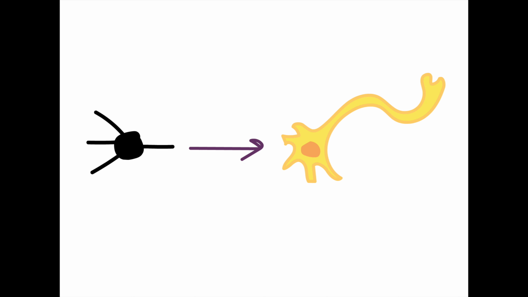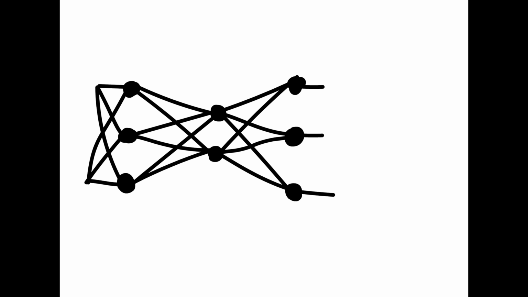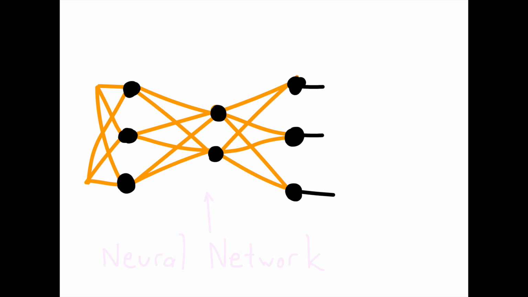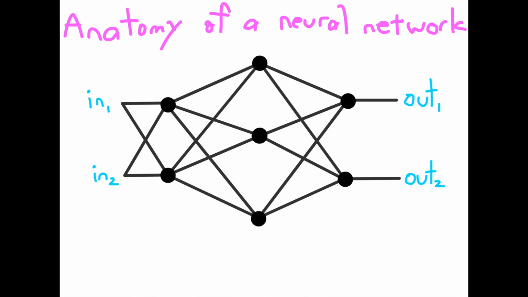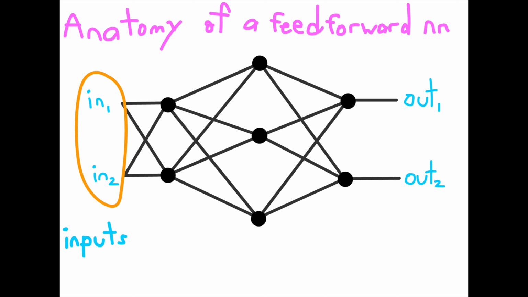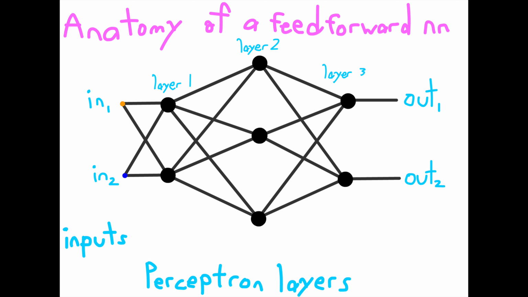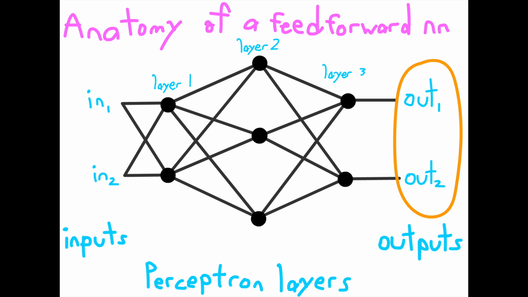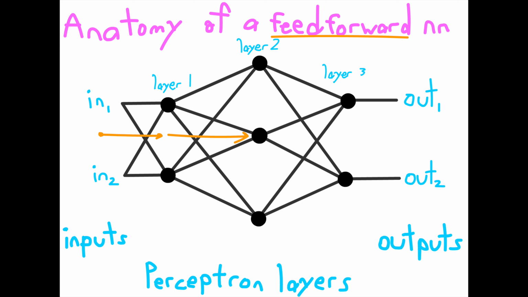Perceptrons are modeled after neurons, and a set of perceptrons forms a web of connections like a network, so I guess you could call this a neural network. Let's review the anatomy of a neural network real quick. Feed-forward neural networks have a set of inputs and a whole bunch of layers that connect up. The inputs go into the perceptrons, cause a level of activation based on their weights and biases, and then those are fed into the next layer, and the next layer, until they get to the end, in which case those are the outputs. It's called a feed-forward neural network because, well, the inputs are fed forwards one layer at a time.